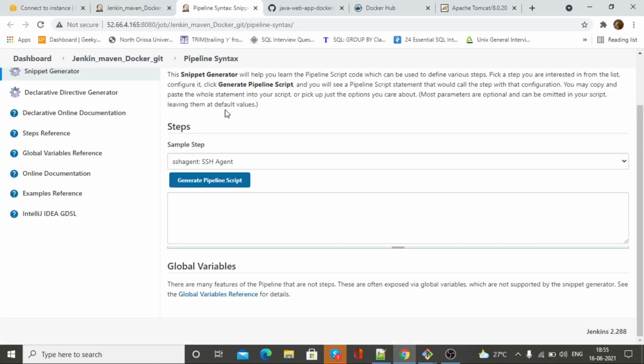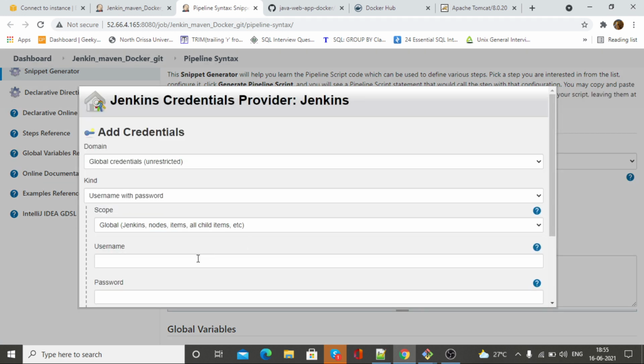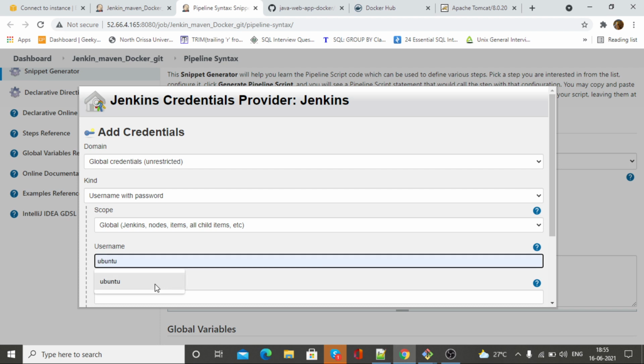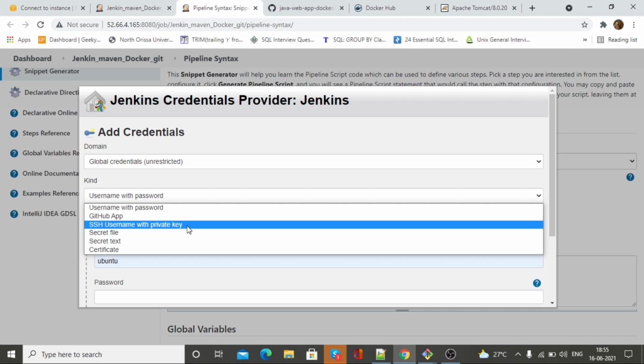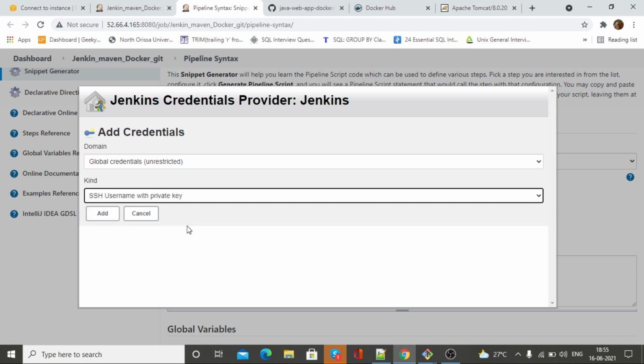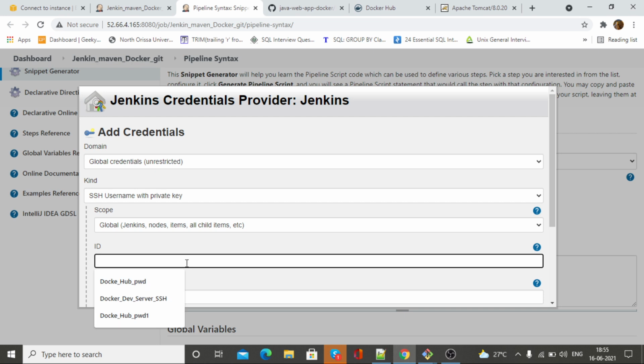SSH agent, you can see, click here, then Ubuntu is there already, add Jenkins, then you need to put a username here, then SSH username with private key, then you need to put ID, any ID guys.